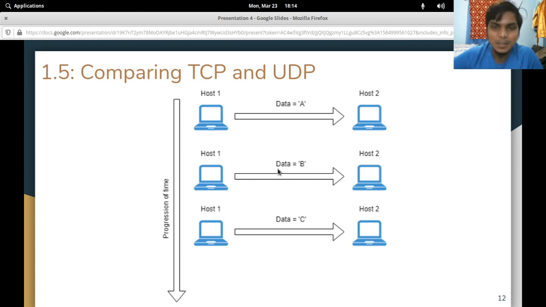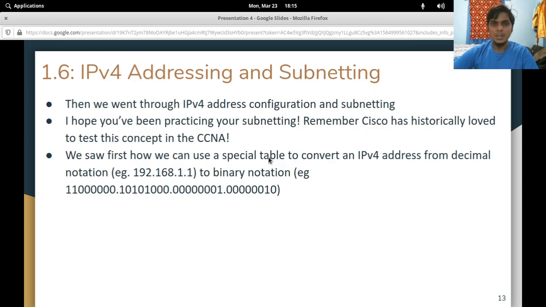So you can see advantages of both, and we went through that last class. If B is lost here with UDP, host 2 has no way to communicate with host 1 and tell them, hey, resend B, I didn't get it, because this is completely one way here, and he has no way to know that host 1 tried to send B, because he has no sequence number tagged to this to keep track of all this data.